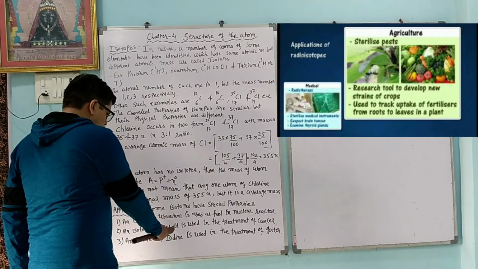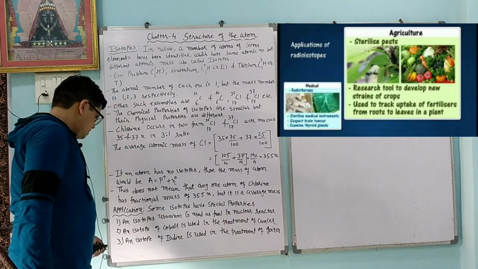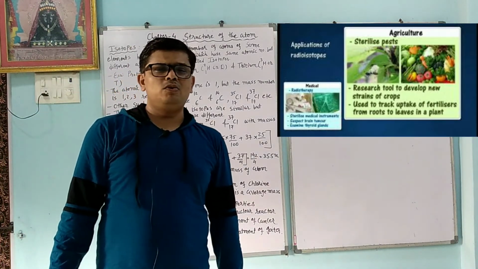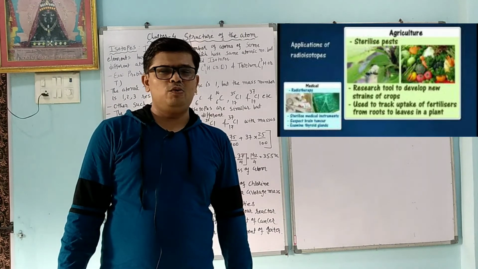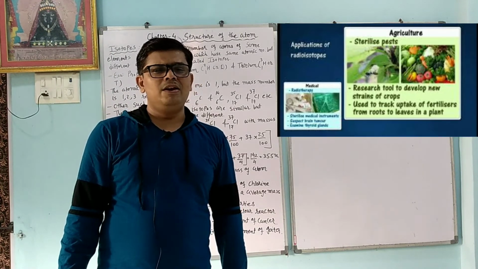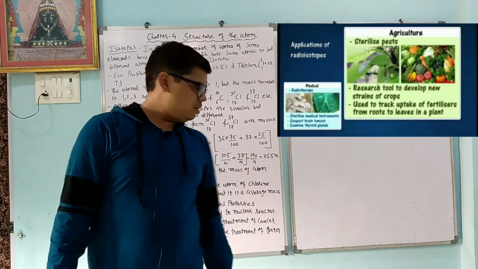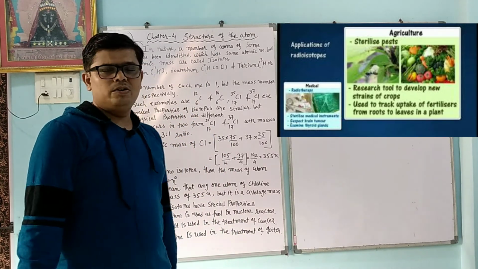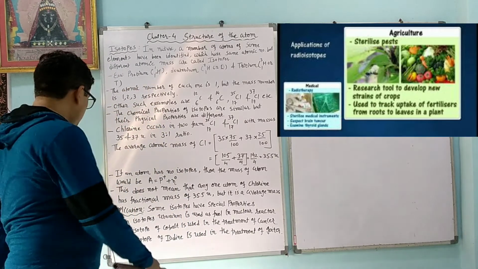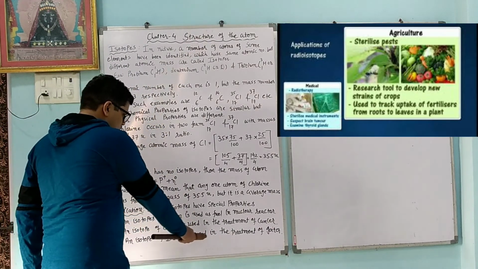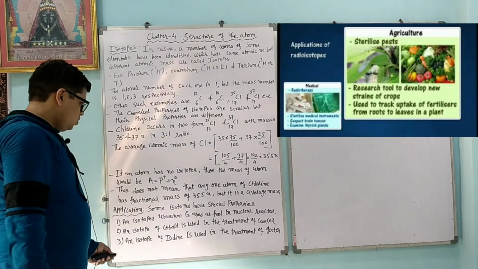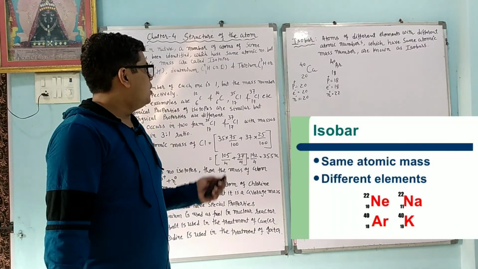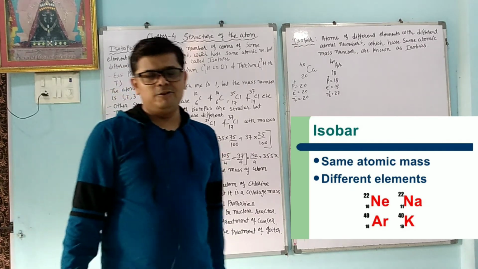An isotope of cobalt is used in the treatment of cancer. When you write capital C and capital O, that is carbon monoxide. Whenever you represent cobalt by capital C and small o, then it is called cobalt, and the isotope of cobalt is used in the treatment of what? Cancer. An isotope of iodine is used in the treatment of goiter. Okay, so the iodine isotope is used in the treatment of what? Goiter.